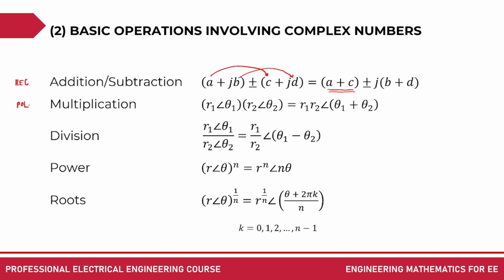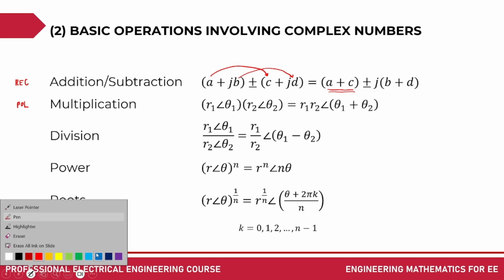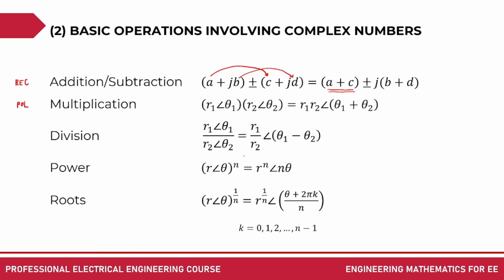Now the question there is, sir, what if our complex numbers are not yet in polar form? In the past, what they usually do is this. For example, you have 3 plus j4 multiplied by negative 5 minus j. What they do is the FOIL method, and then after that, we can get the final answer.